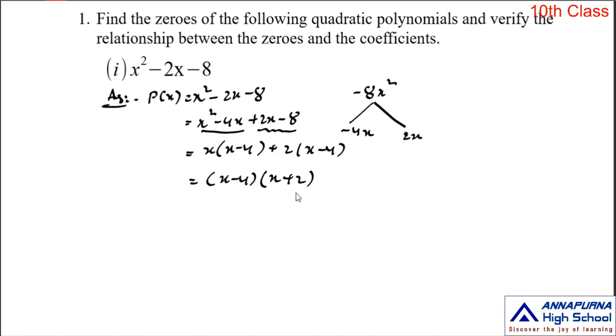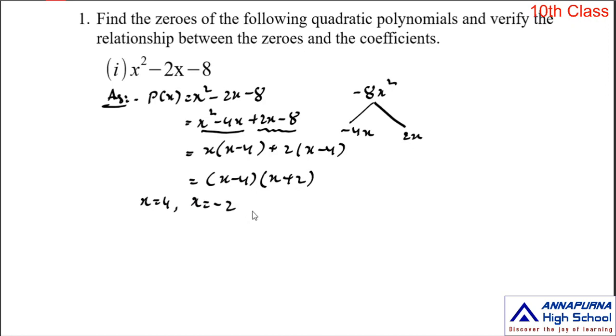In these two linear factors, if any factor value is 0, then the total product is 0. For example, take the first factor x minus 4. At which x value is the factor value 0? At x is equal to 4, 4 minus 4 is equal to 0, the total product is 0, then the polynomial value is 0. So x is equal to 4 is a zero value of this quadratic polynomial. In the second factor, at which x value is the factor value 0? At x is equal to minus 2.